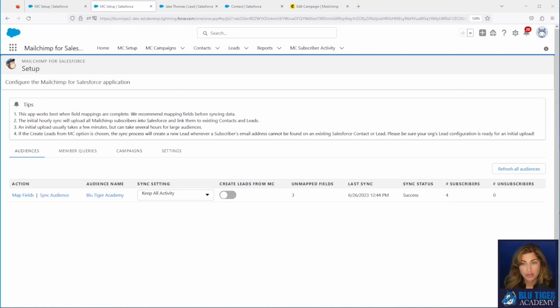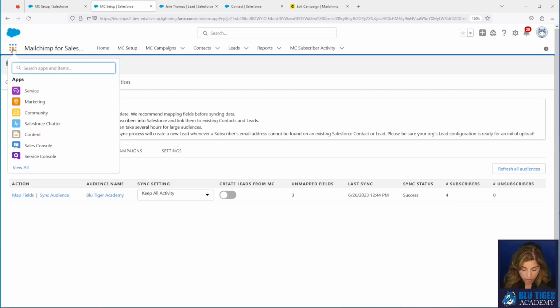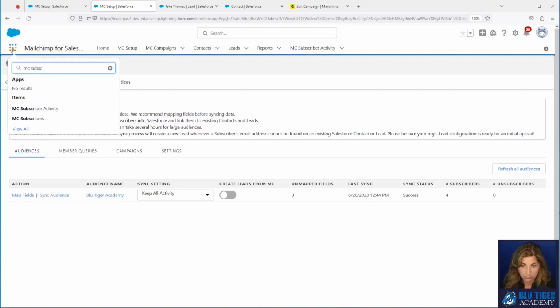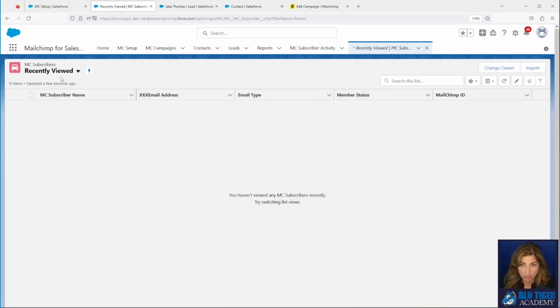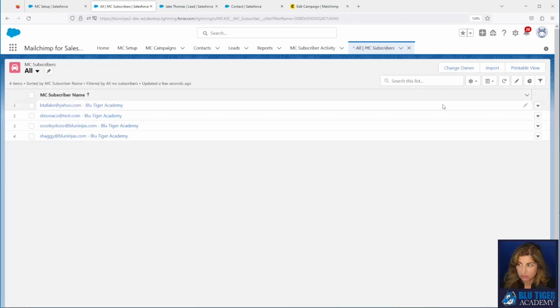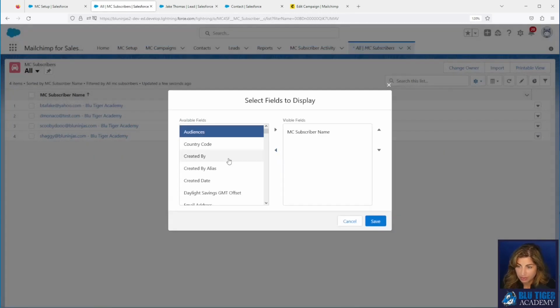So now I want to show you where that data syncs to. If we go to our app launcher and we go to MC subscriber, we click all here. Then I'm going to select some additional fields to display.